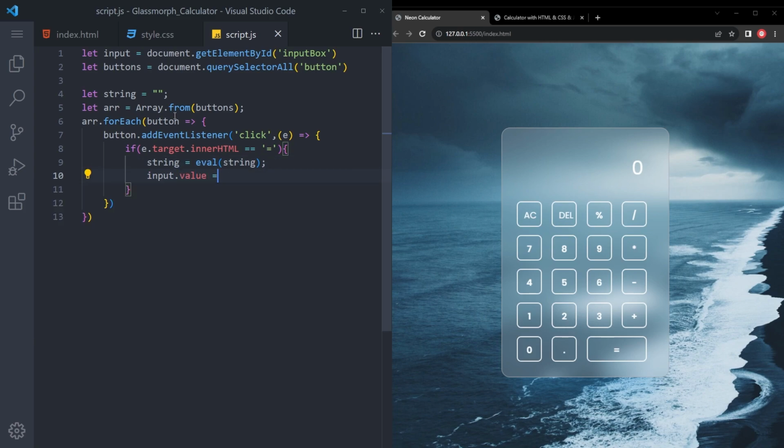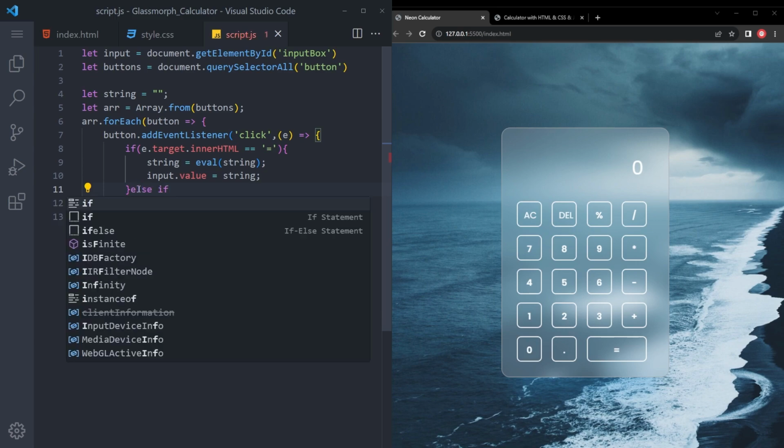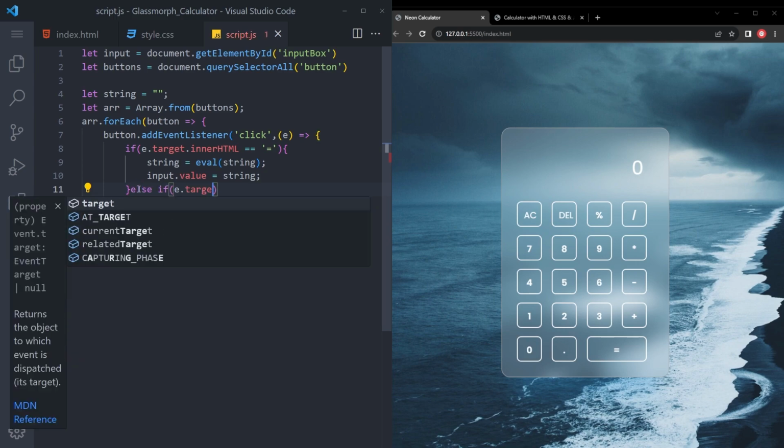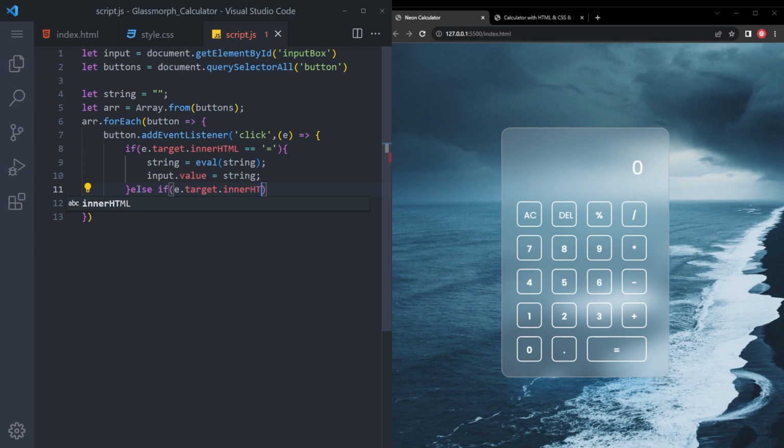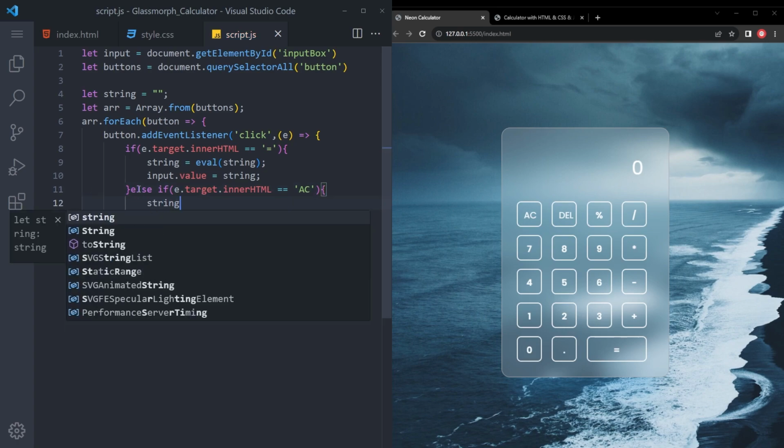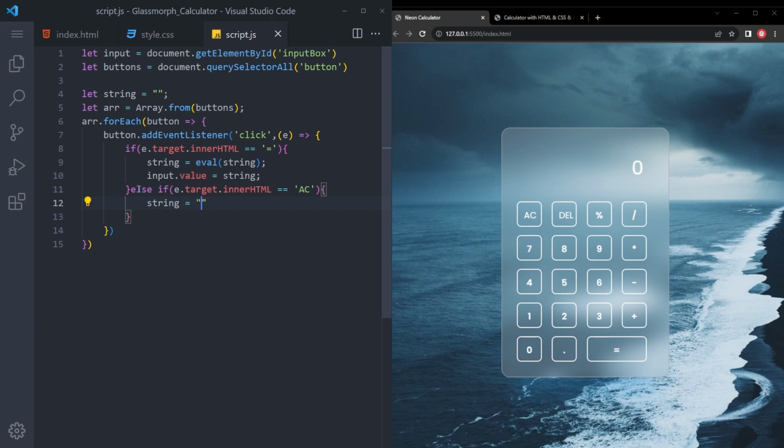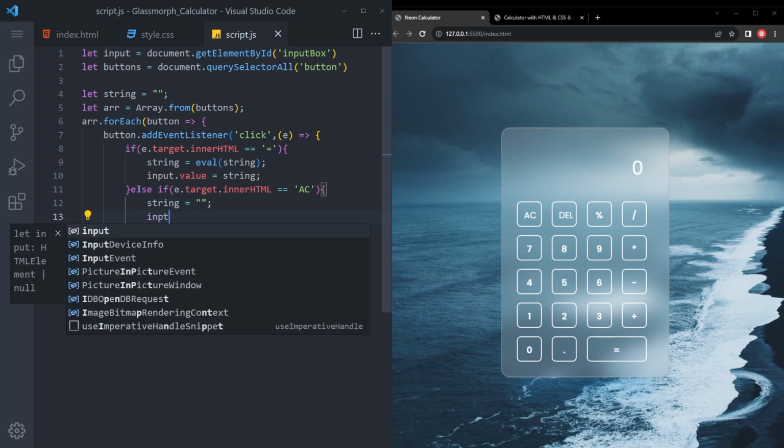Say input value equals to string, and else if e.target inner HTML equals to all clear. So this button obviously going to delete whatever is in that input box,